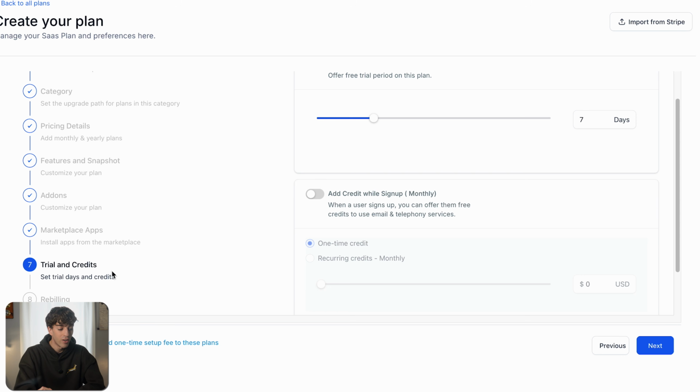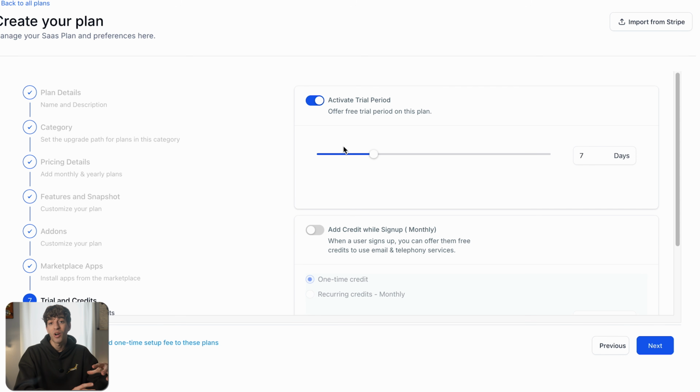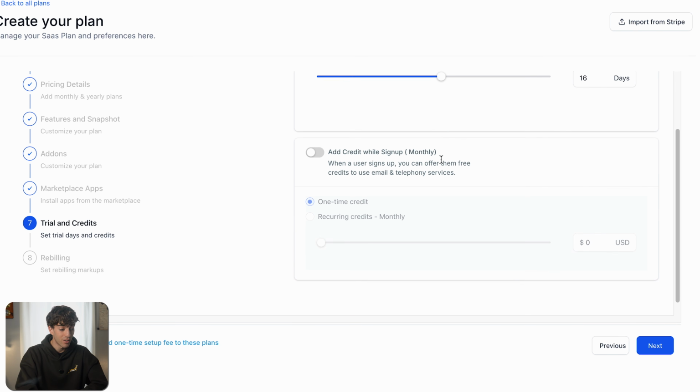Step 7 is the trial and credits. This will allow you to offer a free trial period for this plan. So if you do want to add a free trial, then click this button over here and then just move the slider to how many days you want to offer for free. Then if you want to add credits to the sub account as well, then toggle this on, and then you can choose between one-time credits by, let's say, adding $10 worth of free credits, which will charge you and